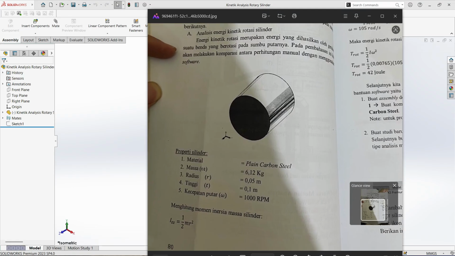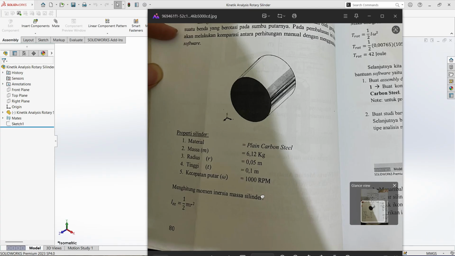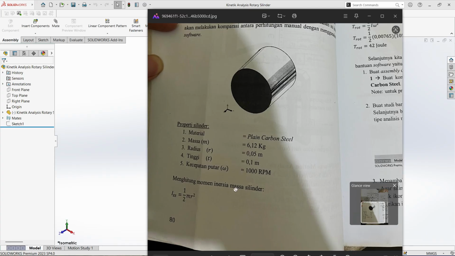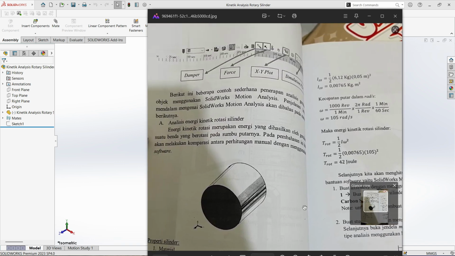See, the material is plain carbon steel. The mass is 6.12 kg. The radius is 0.05 meter and the height is 0.1 meter. The angular speed is 100 rpm. We will find the moment of inertia. Use this formula: a half times m times radius squared. With this formula, we find the